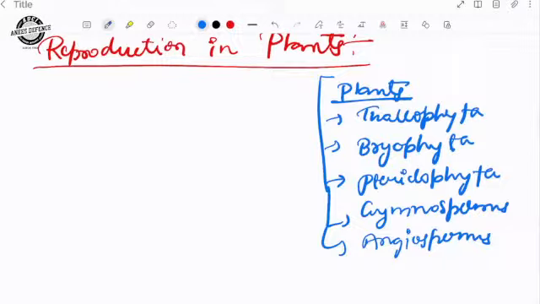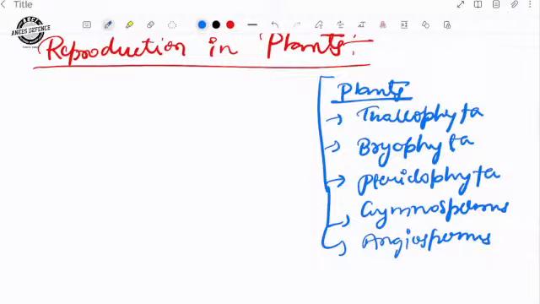Thallophyta is a very lower group, it is going to come in the very least group, in the lowest group. It is also termed as thallus. The simple body of plants is termed as thallus. Thallus is not differentiated into leaves, stems, and roots. Simply, thallus is defined as a plant's body that is not differentiated into leaves, root, and stems. Bryophyta is also a plant's body only, but it also does not differentiate into root, stem, and leaves.